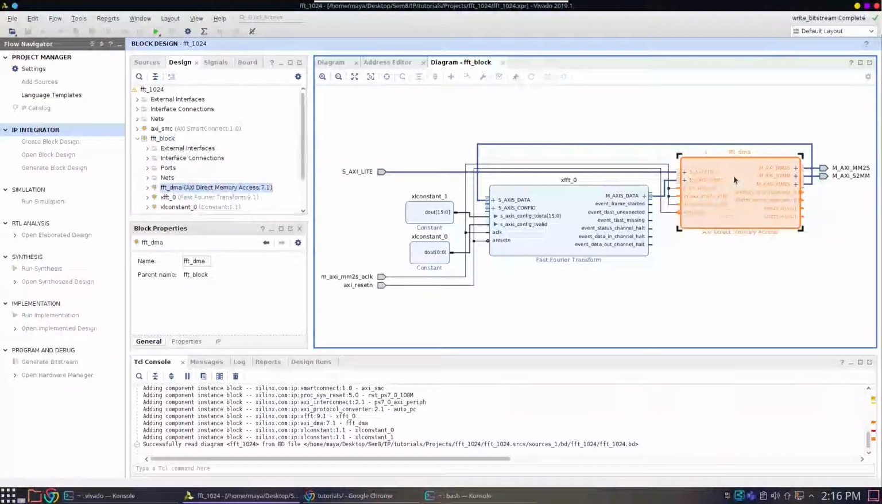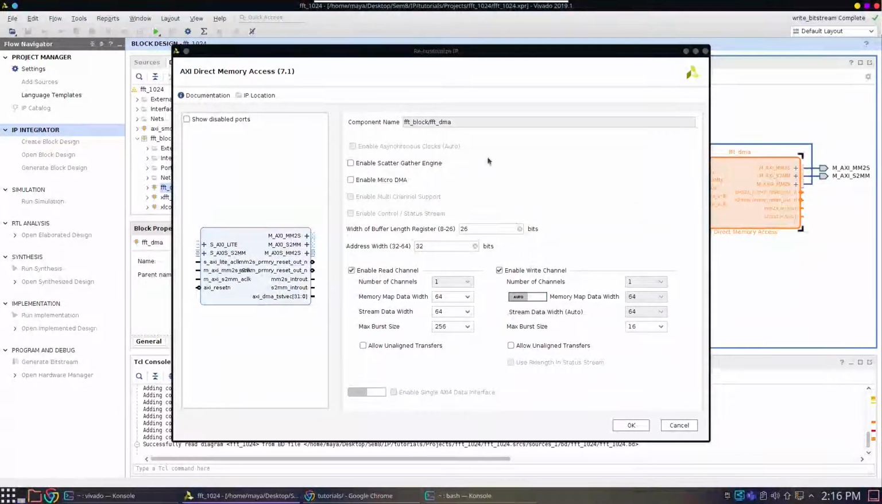Let's see what changes we have done in the FFT DMA. The scatter gather engine is already disabled. The buffer length register is set to maximum, which is 26. The read channel is set to 64, and the memory map width is set to 64, and the stream data width is also set to 64. We have also increased the burst size to 256, and we will also increase the max